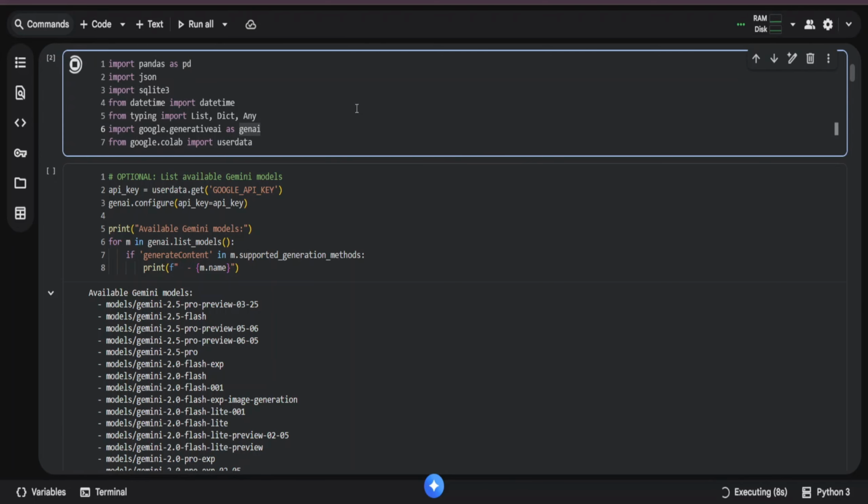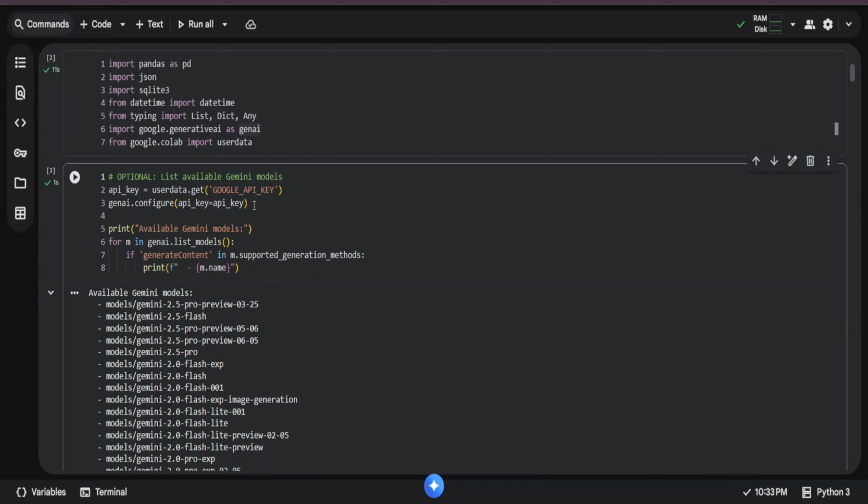Okay, so we are importing the libraries. Previously we installed all the libraries we require, and now we are importing them here. Here I'm getting the key. There is an option in Colab where we can store the API key secretly and then retrieve it into the notebook. I'm printing out what models are available,